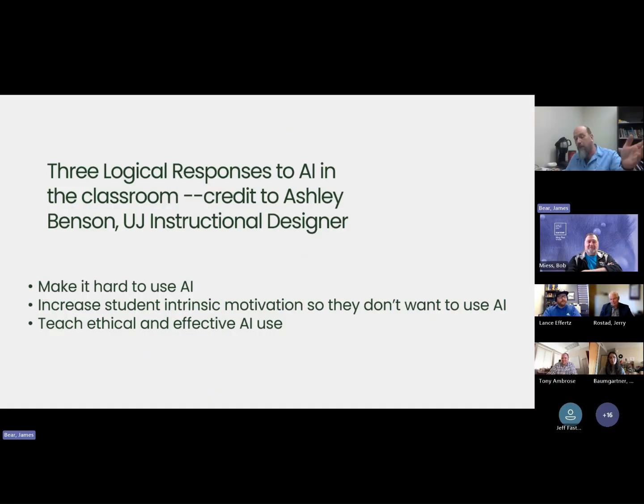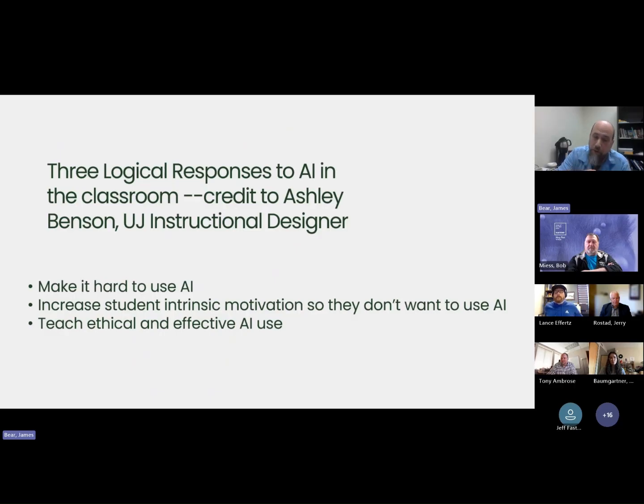At the University of Jamestown, one thing that I do in my role at the Center for Teaching and Learning is I'm part of the AI task force, which creates sessions on AI. One of them was by one of our designers, Ashley Benson. Instructional design at UJ is a department that creates mostly our online content, and our online department really struggled when AI first came out, because a big chunk of the online coursework that students were expecting to do could just be done by AI. And so that was hard.